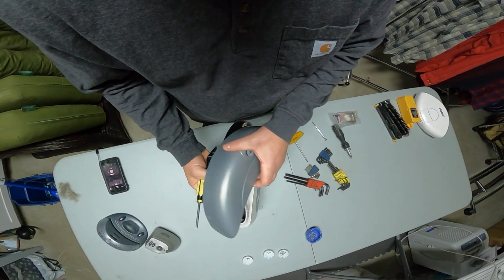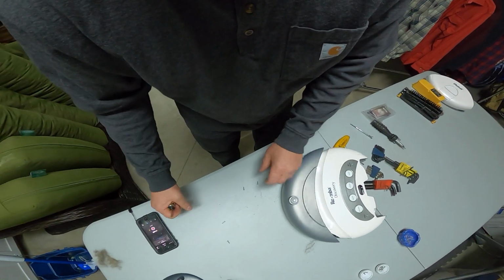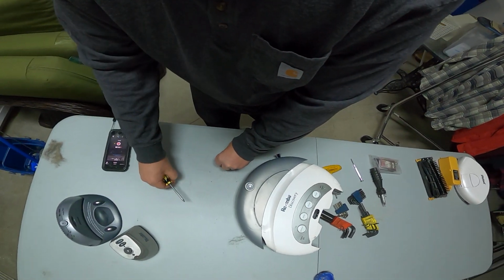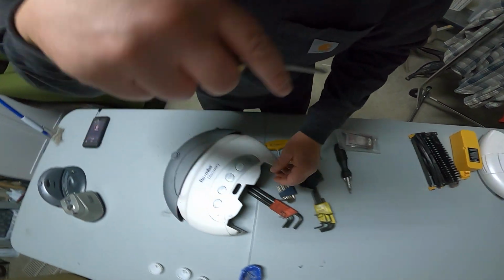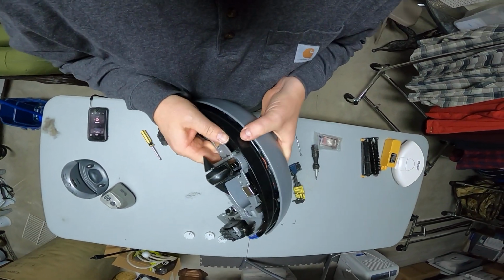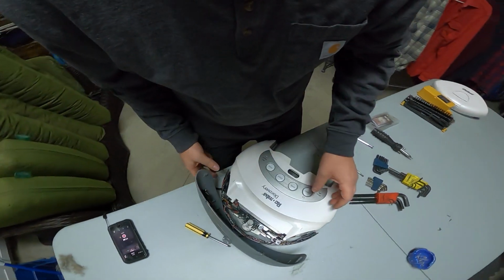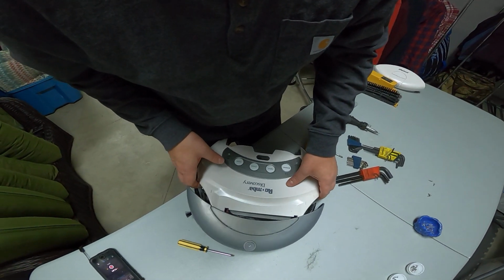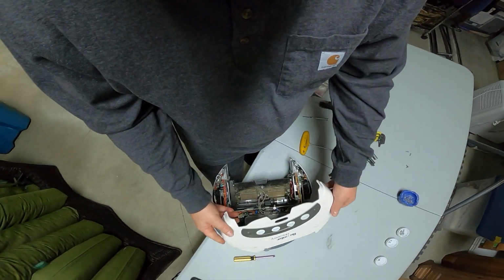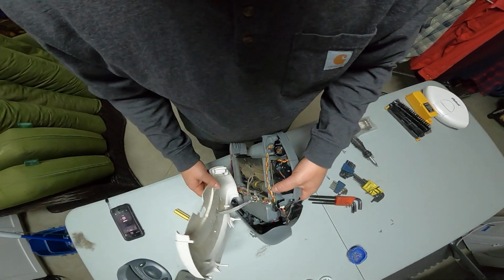Alright, there's the bumper coming off of there. We've got our four bumper screws coming off. There we go. Oh, this thing's coming apart. Alright, we've got our power